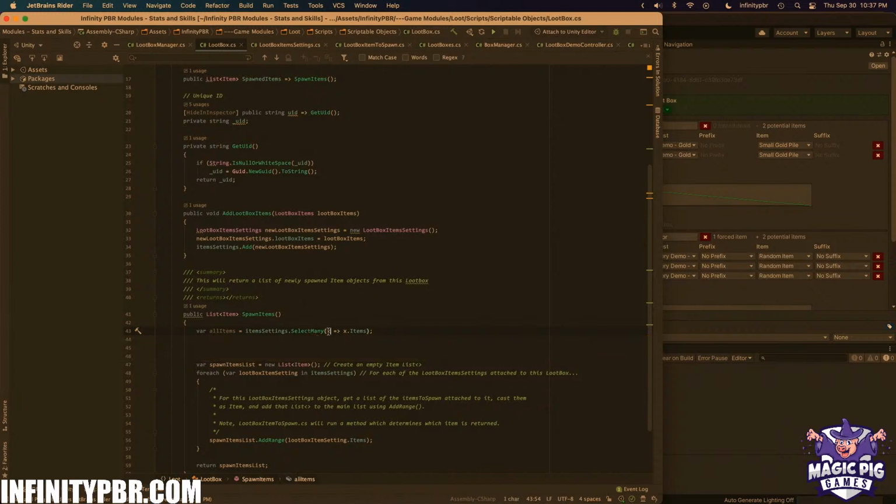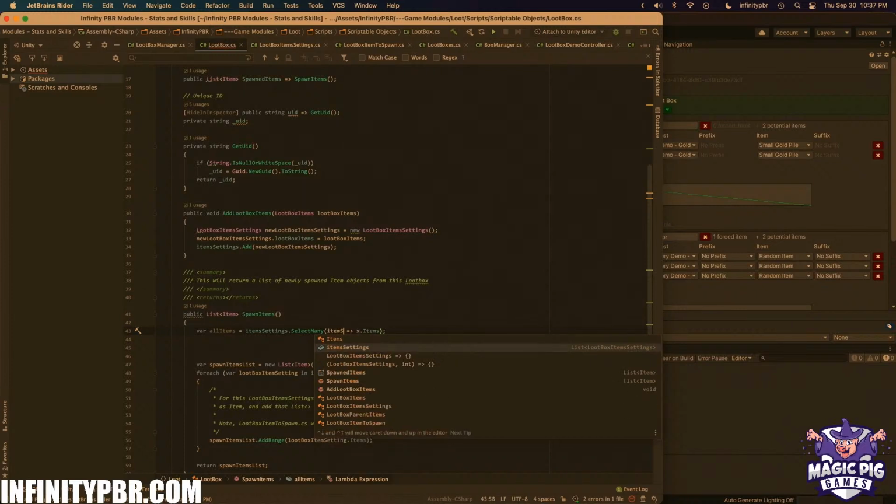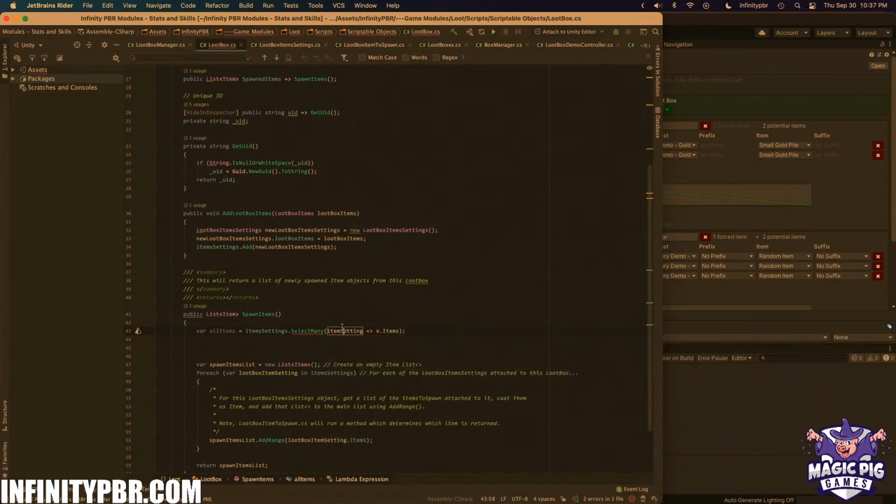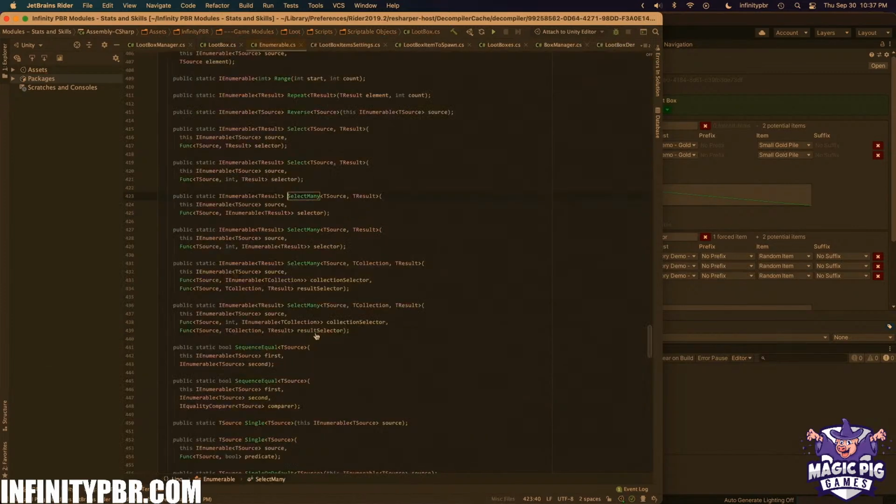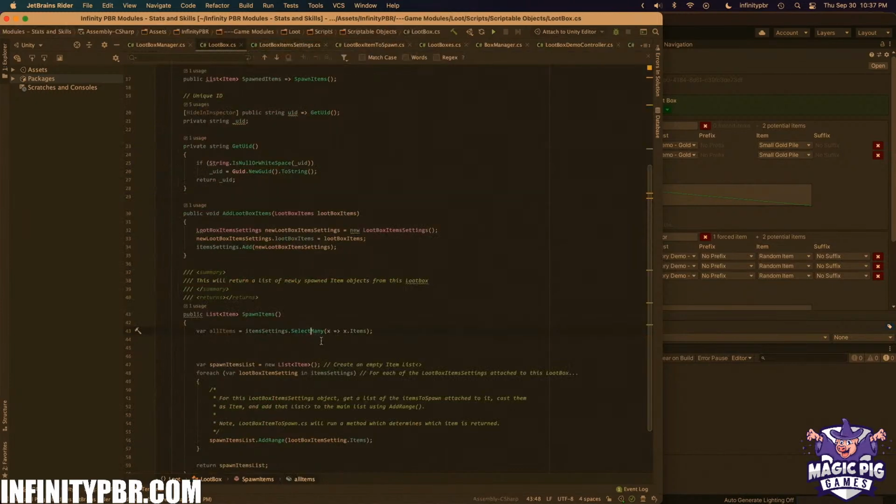And again, this X is just a variable. It's not a special thing. It could be anything. So you can say item setting. For each item setting, items. SelectMany. Okay. Yeah, I don't know what that means. That part is a little Greek to me, but